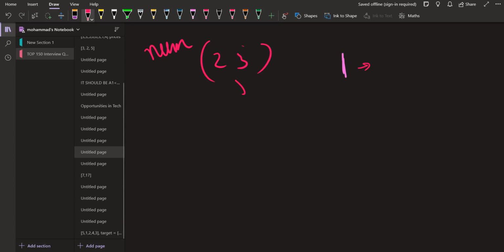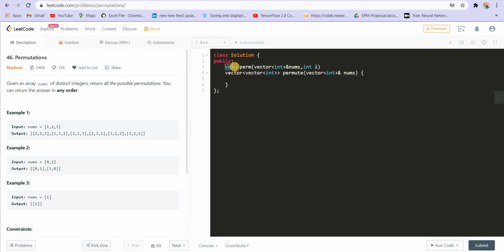So okay, let us say I write a function. That function returns me a vector of int, and it will have the permutations of all the numbers, right? It will actually be a vector of vector because there could be many permutations. So I will have this function,